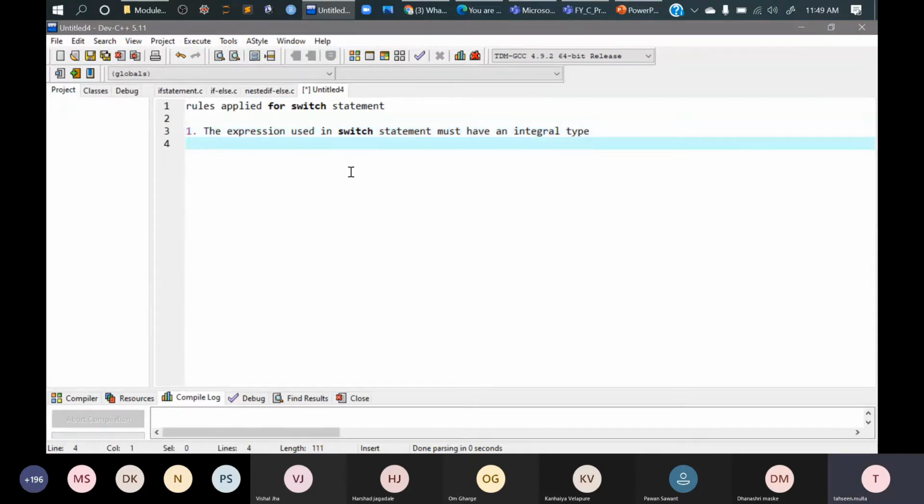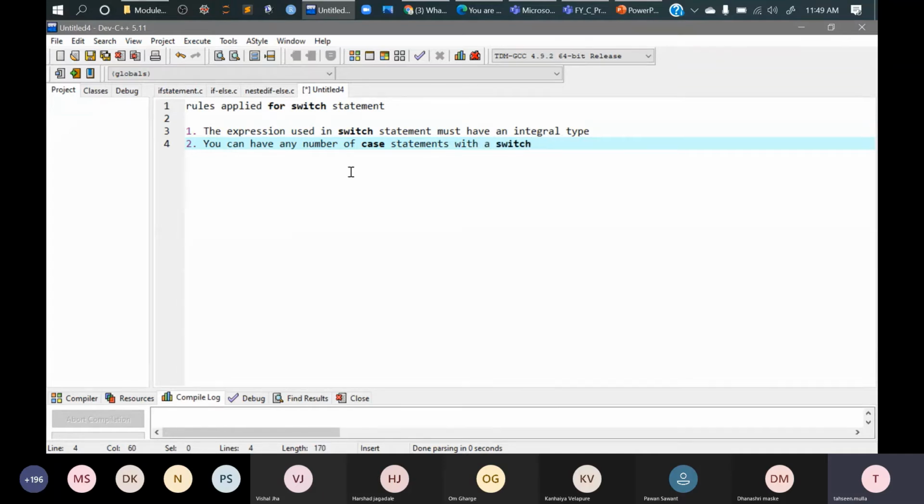The second rule says that while using a switch statement, you can have any number of cases within a switch. There is no limitation on how many cases we can take. So you can have any number of case statements within a switch.